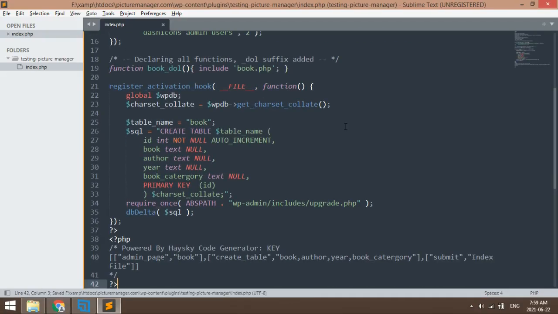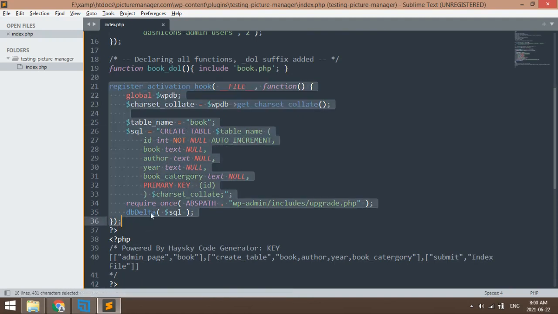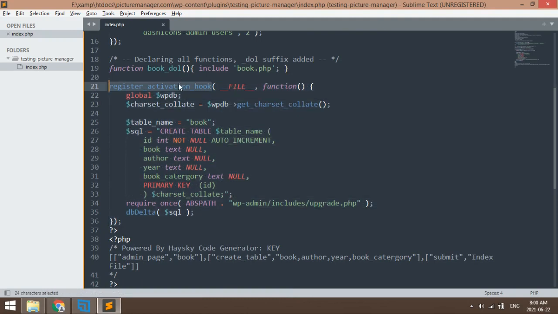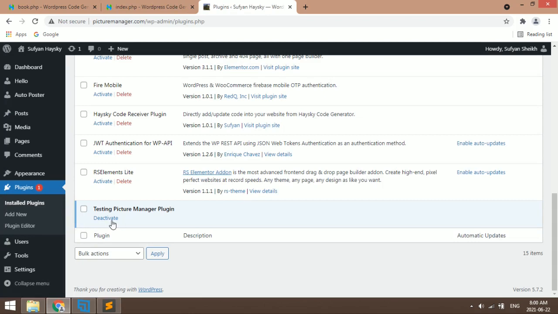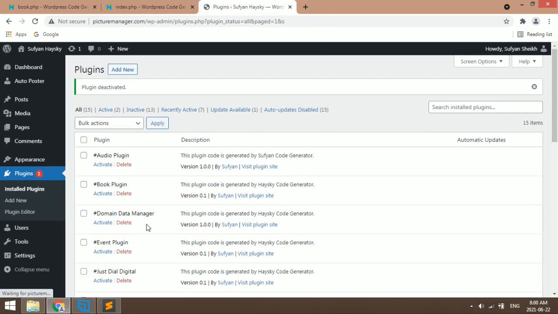So I'll copy paste it here. So this page will be our index file, and this part will run when plugin is activated. So this is activation hook, and this is table creating part. So that's why we have to deactivate and activate this plugin. Database table will be created.